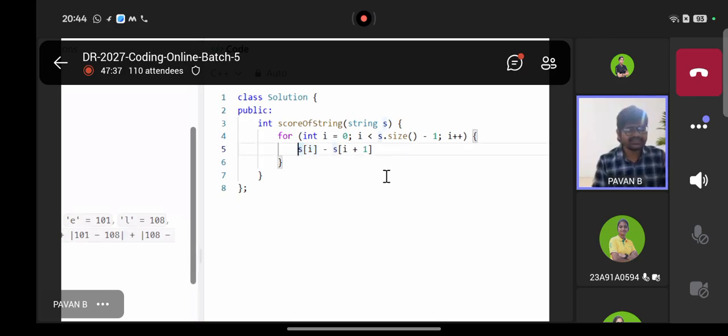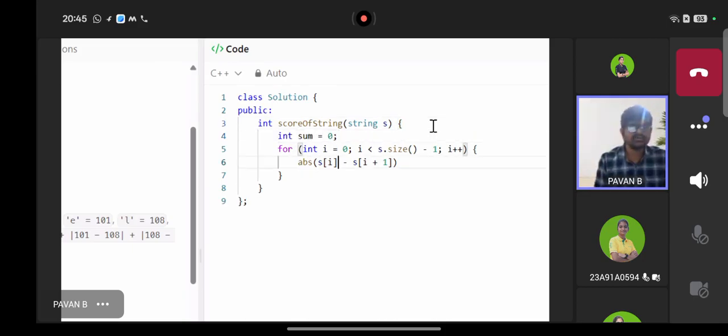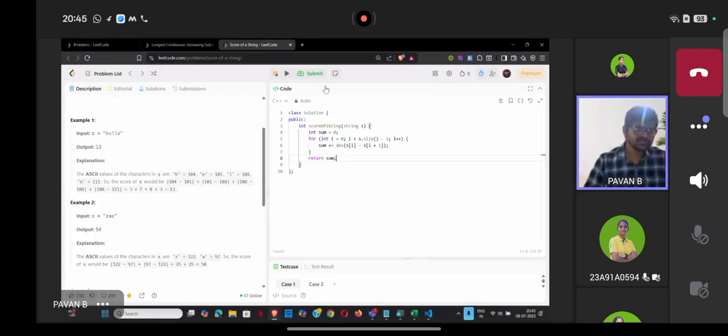Now we need to find its absolute value because we don't know which one is smaller or which one is greater, right? Sometimes this can be H, this can be E. In this case, you get a positive value only. But sometimes this can be E and this can be H, right? So for that, we are using abs, and we want to add it to a variable called sum. Sum equals 0, and let's write sum plus equals this value. And finally, return sum. So let's see if this works or not,